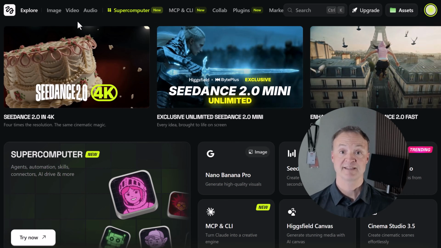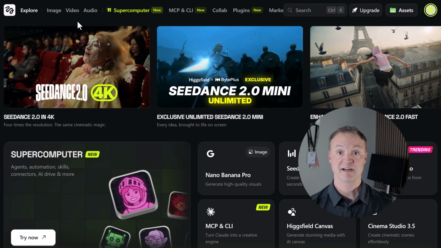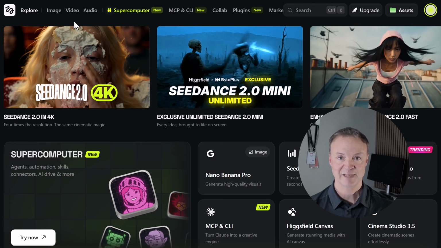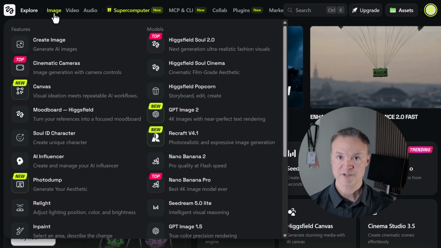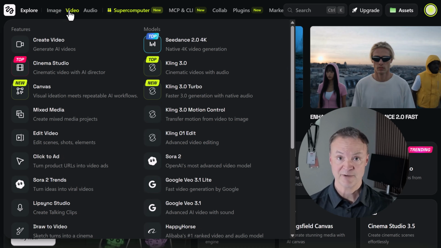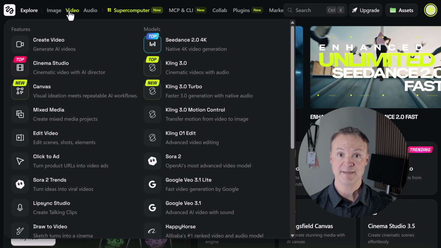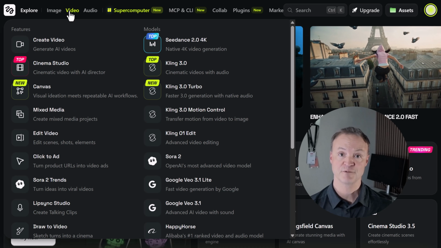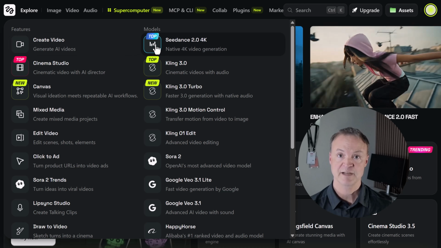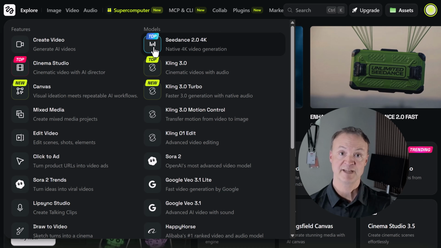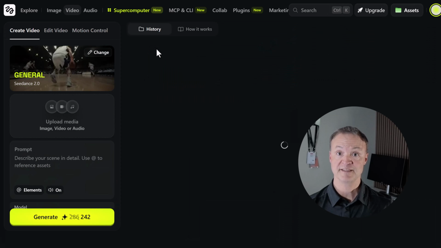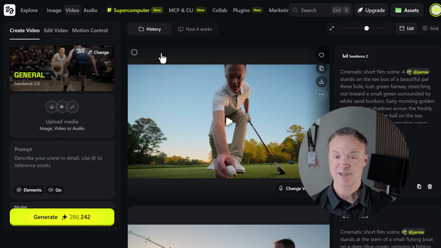Let's clear up the access steps first. Higgsfield is an entirely browser-based AI creative platform. So we got images, videos, audio, and more. There's no official apps for this, no iOS apps or Google Play Store. So keep this on your desktop browser for the full suite of controls. The link is down below in the description so you can test this out. Now, once you log in, navigate over to video and find the Seedance 2.0 4K option and click it, and